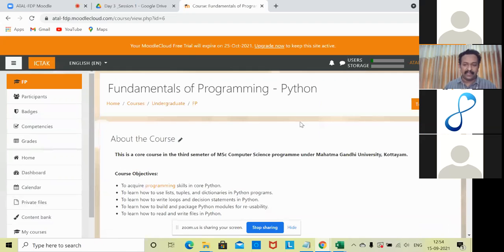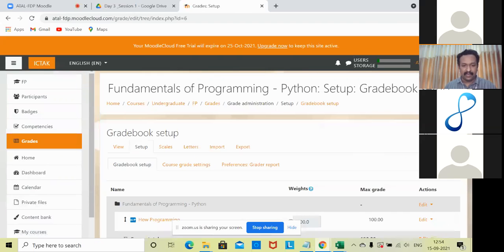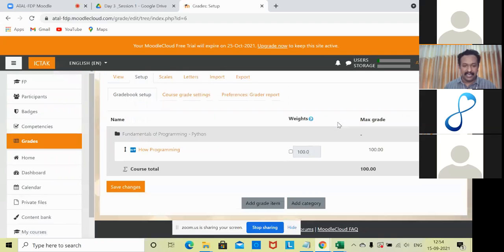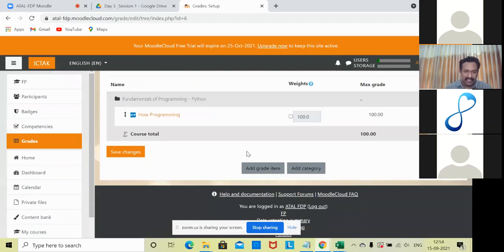As of now, we know that we are here. The gradebook setup option is in the settings tab. You can click on that. Initially, this is the setup phase. So what is the advantage?